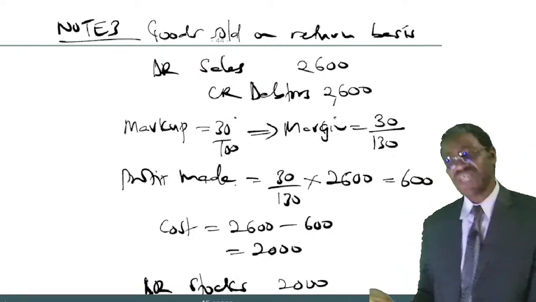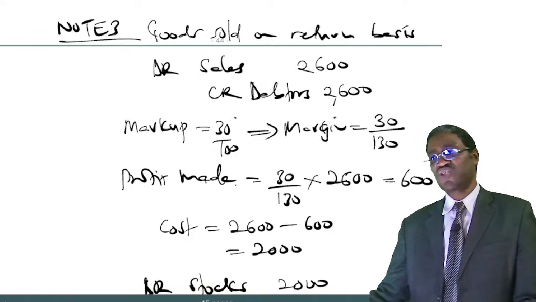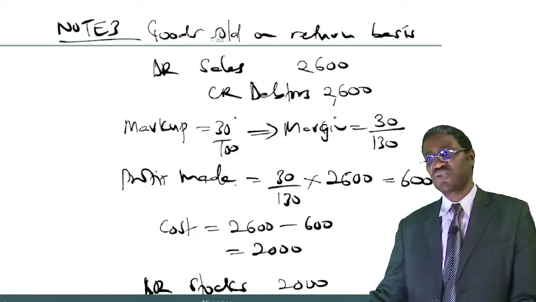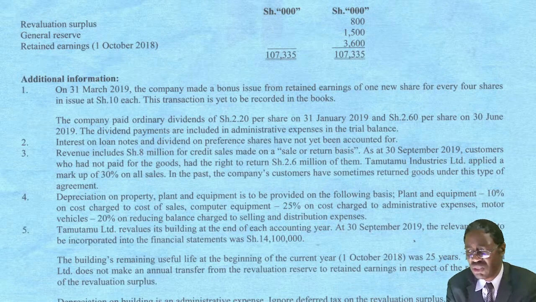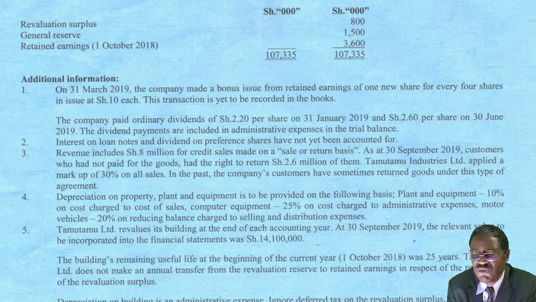Good. So let's go to the next note now. We are trying to analyze every additional information first. That's all for note number 3. We go to number 4 now. Number 4 says,